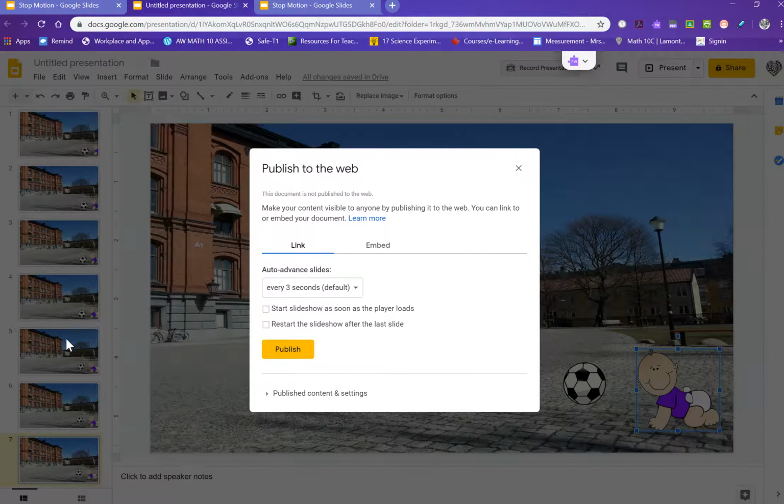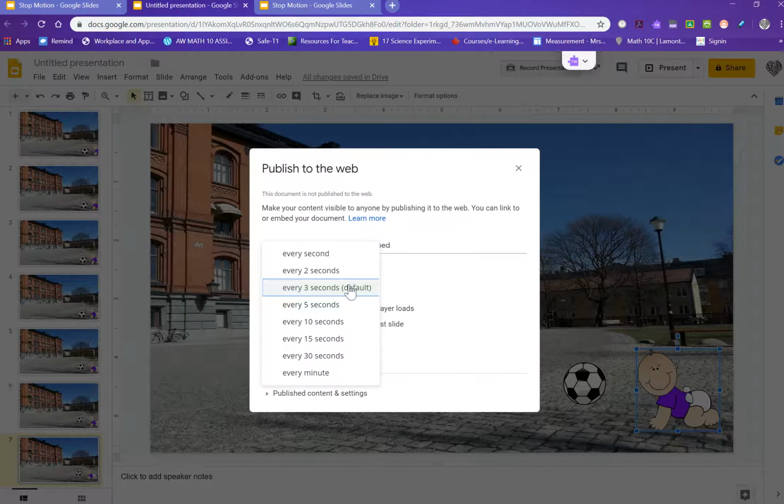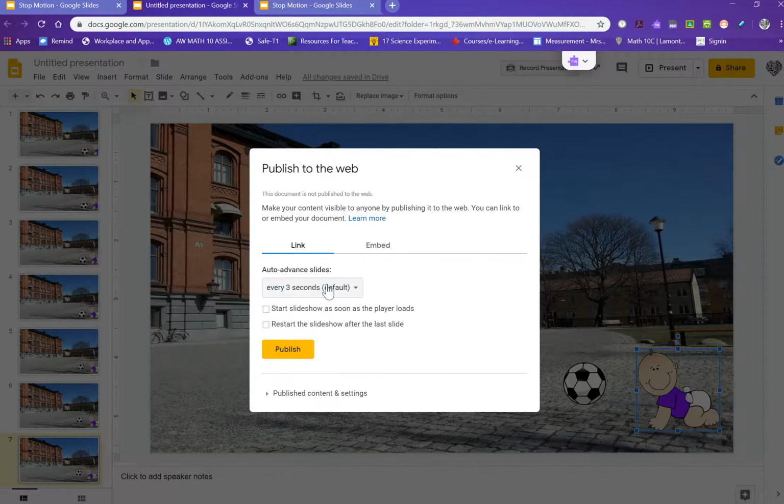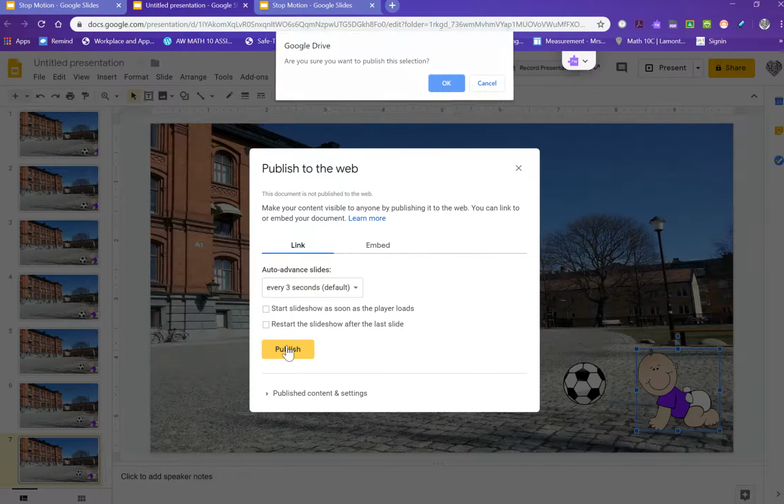So we go publish to the web, and it says advance the slides every 3 seconds. That's a long time for stop motion. Preferably you'd want a number of slides every second. So you'd want much less than a second per slide. So 3 seconds is way too long. Unfortunately, every second is the slowest that Google Slides will do, which still is a little bit too long for stop motion. But we're going to be able to fix that and change that timing of the slides a little bit later. So we're going to click publish so that we can create that URL, that link,